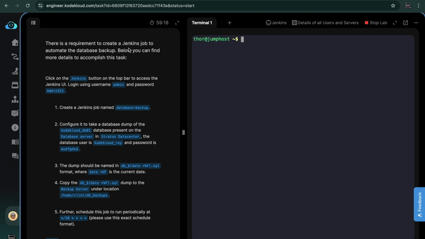There is a requirement to create a Jenkins job to automate the database backup. Below you can find more details to accomplish this task. Click on the Jenkins button on the top bar to access the Jenkins UI. Login using username admin and password admin321. Create a Jenkins job named database-backup. Configure it to take a database dump of the KodekloudDB01 database present on the database server in Stratos data center. The database user is KodekloudRoy and the password is